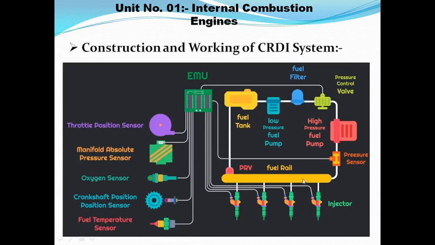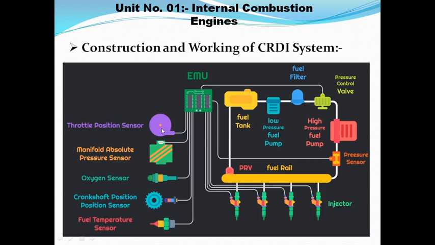The fuel rail is a hollow pipe section. On that hollow pipe section, or fuel rail, we connect the different injectors. There are 4 injectors mounted, which means this is a multi-cylinder engine. Then at the end of the fuel rail we mount the PRV. PRV means pressure regulating valve. This valve is also connected to a return line to the fuel tank. If the pressure increases, the fuel flows back to the fuel tank for maintaining the pressure of the fuel.